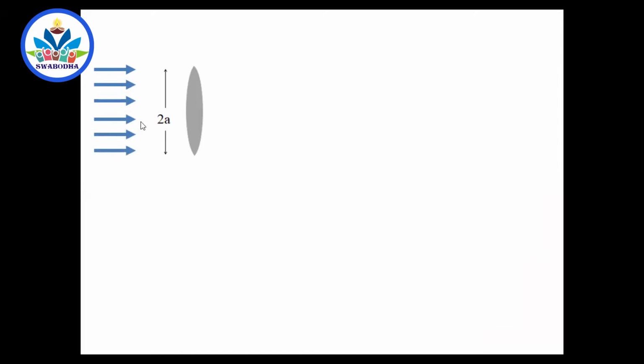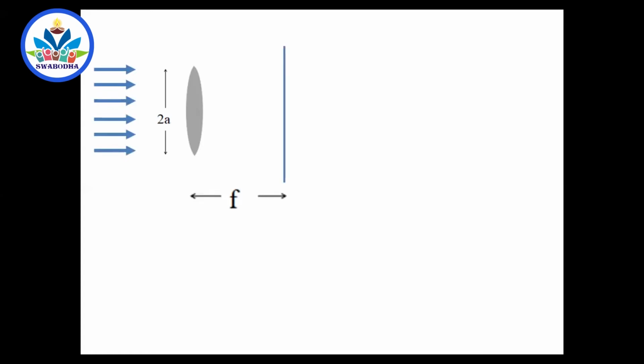Now, the lens acts like an obstacle if it is a very small lens. When the light passes through this, let us place a screen at exactly the focus, because we feel that the light will get focused at the focus. But what happens is, at the focus you will get a very bright light. That is 100% sure. But there are diffracted beams also. They will definitely form a pattern like this,